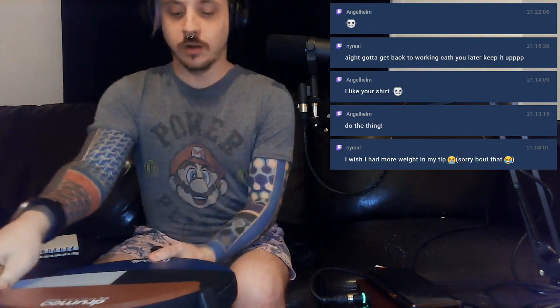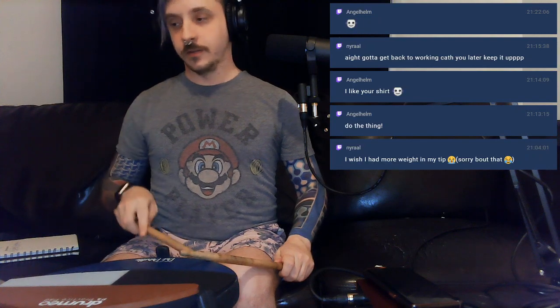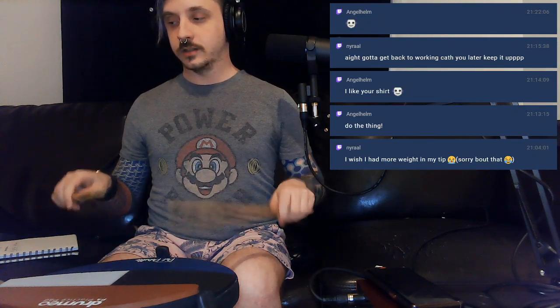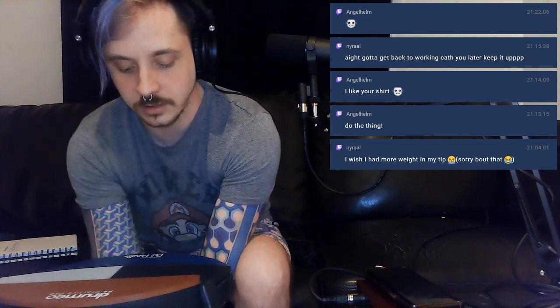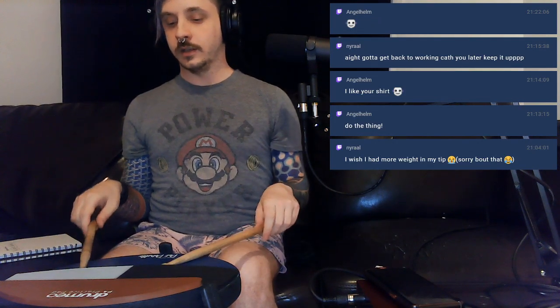So I'm not hitting here properly. As you can hear, I'm hitting like this, and I want to be hitting like this. That's great on a hi-hat, but I want to make sure that I'm only doing what I want to do. If I'm not planning on hitting like that, I shouldn't be. My goal is to hit with the tip. Let's see here, 90 degrees. I can probably lower it a little bit. It seems a bit high, so let me lower it down just a little bit. Readjust. Never be afraid to. Okay. 90, let it relax.